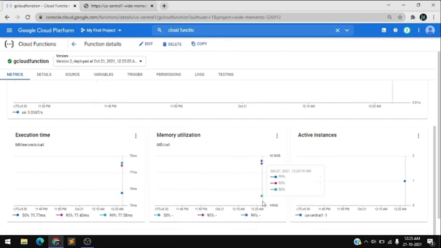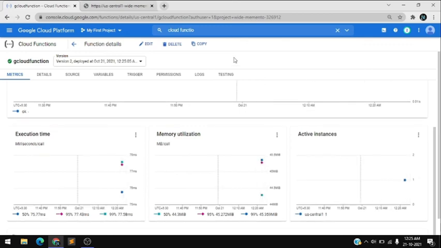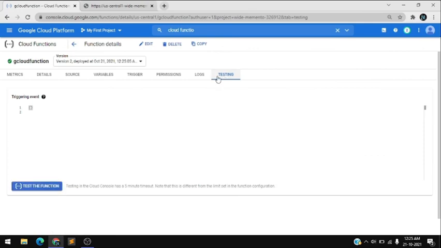And here you can see the memory utilization, at 99% request time, 45.359 MB consumed. And active instance is available here, US Central 1. And here you can test your function, click on testing and click on test the function. So your function is tested successfully.